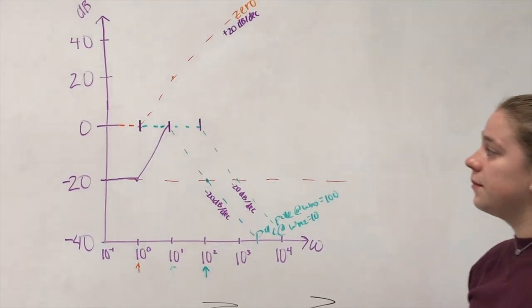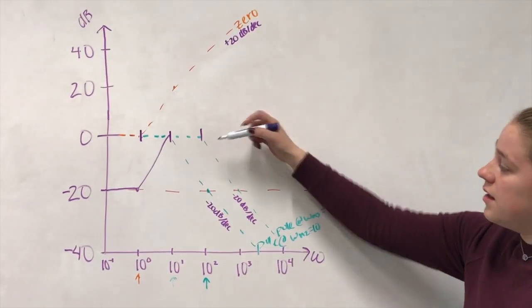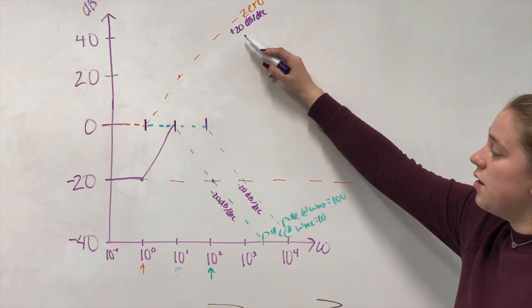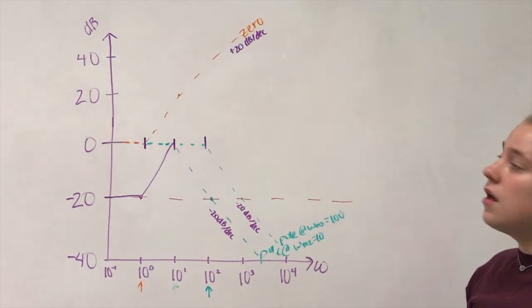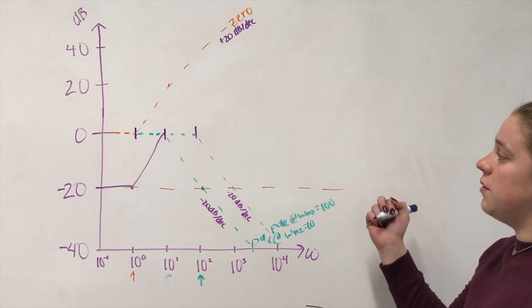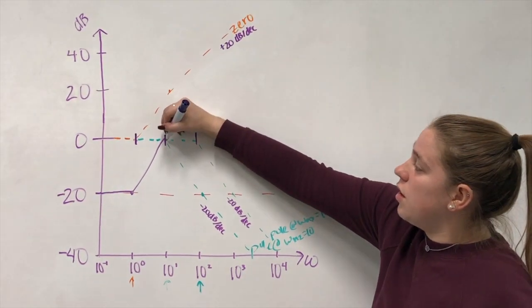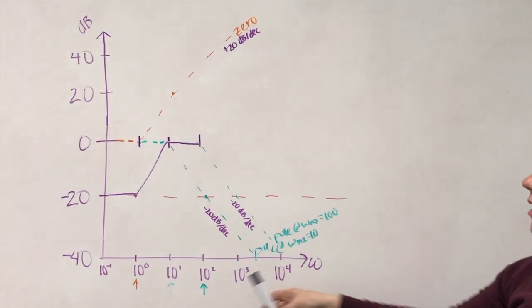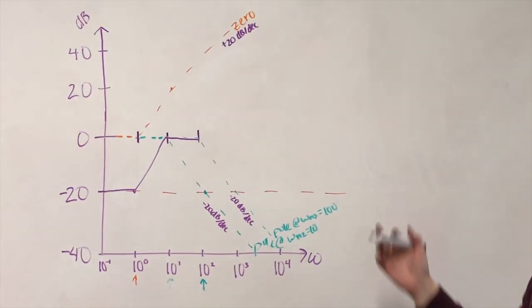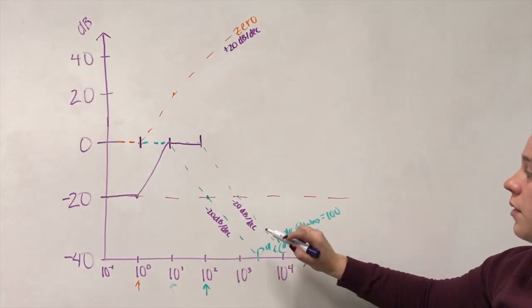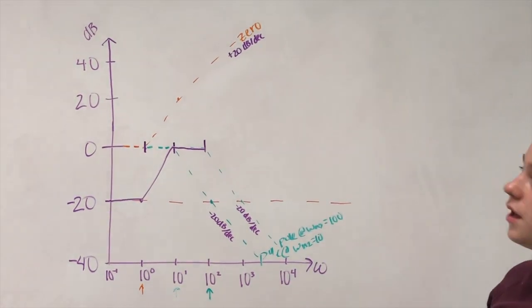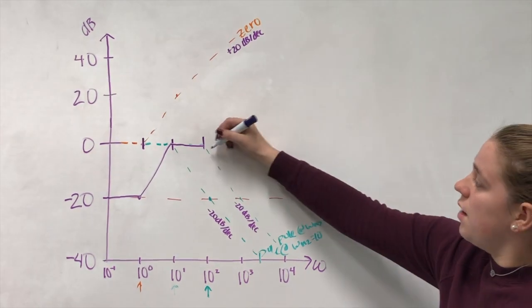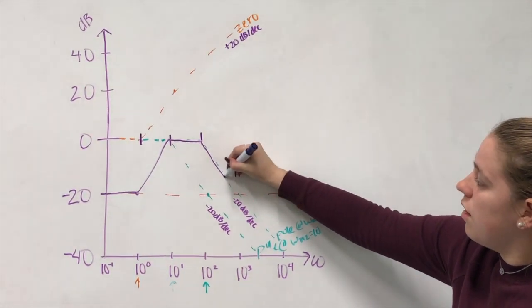and rise up here. For the third segment, between 10 to the 1 and 10 to the 2, we have a positive 20 slope as well as a -20 slope, and when you add those together, we get a slope of 0. So we're just going to go ahead and draw a straight line across here. Now from 10 to the 2 on, we have a -20 slope, a -20, and then a positive 20. So overall, this gives us a -20 slope, and we're just going to go ahead and draw a straight line